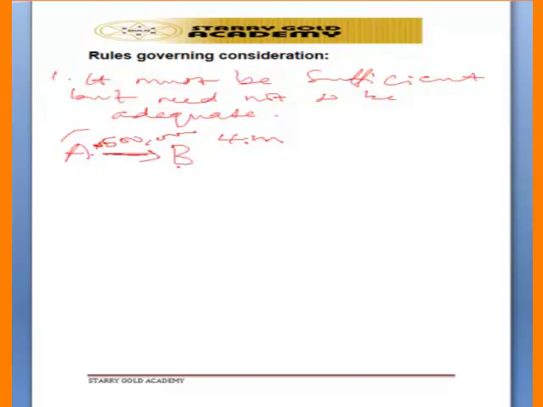So that is why consideration does not mean that what Mr. A is giving must be commensurate with what Mr. B is giving. What they are exchanging may not be commensurate with each other. But what matters most is that whatever they are exchanging must be a thing of value. 500,000 is a thing of value. The Jeep is a thing of value. And Mr. B paying 500,000 naira is also paying something of value. So the court does not make a contract for parties.